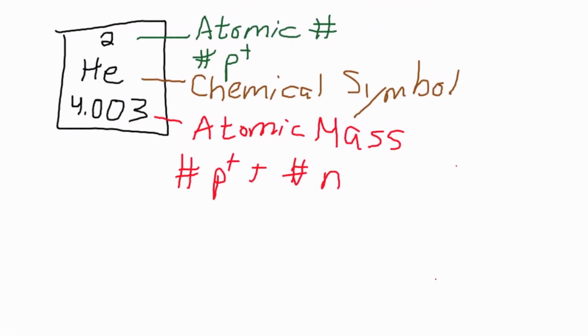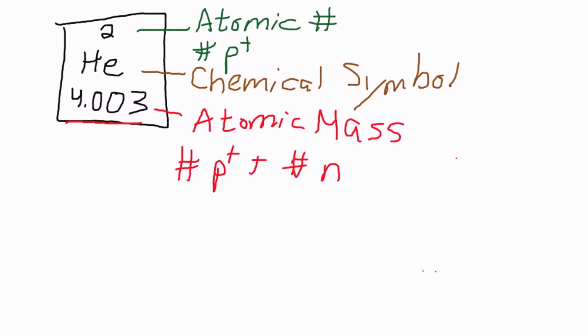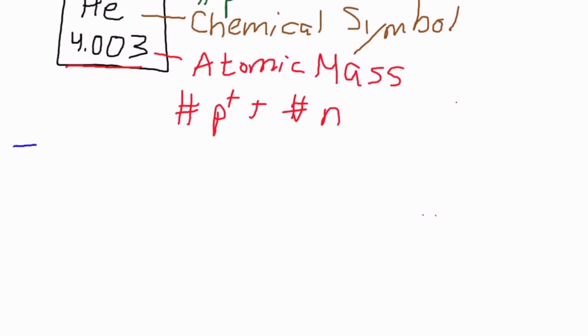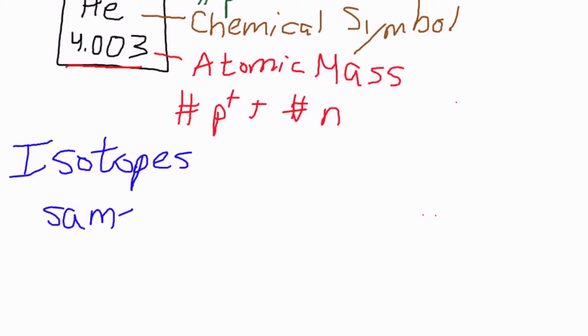Now, in this example, you'll notice that the atomic mass for helium is 4.003. The reason why it's not an even integer is because of something called isotopes. Isotopes are atoms that have the same number of protons, but a different number